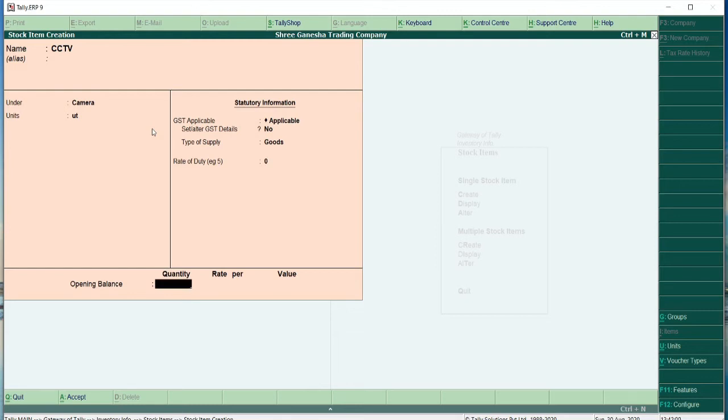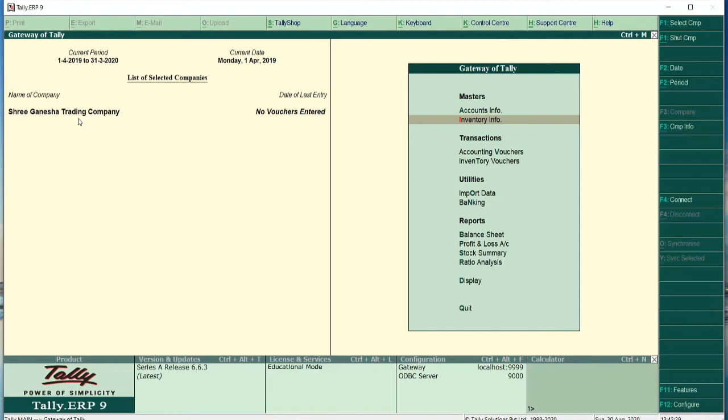You are not supposed to type quantity or rate here, just accept this as it is. We have created the company, we have set GST and details, then we have created accounts or ledger accounts, then we have created unit of measure, stock group and stock items.